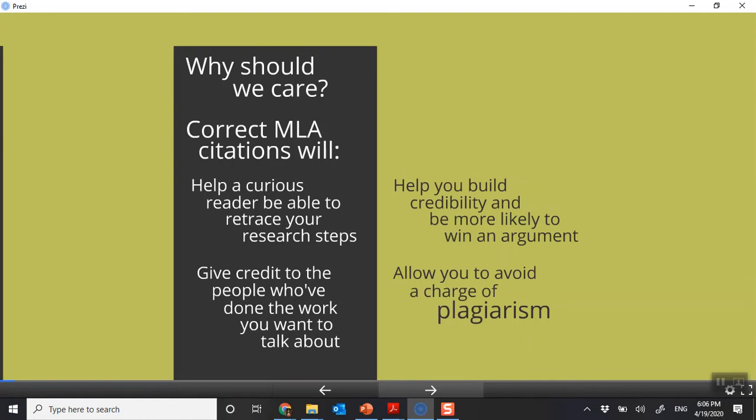Plagiarism is when you pass off someone else's work as your own, and it's hugely important in post-secondary. You do not want a plagiarism accusation leveled against you. There are students who get kicked out of school, or fail the course, for plagiarizing. So you've got to be really careful about that.